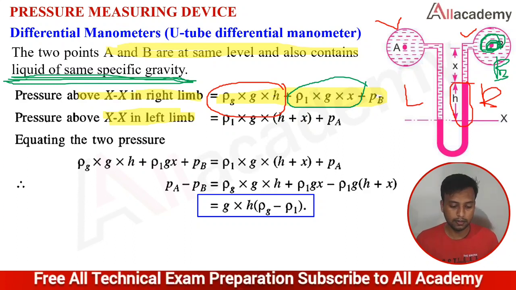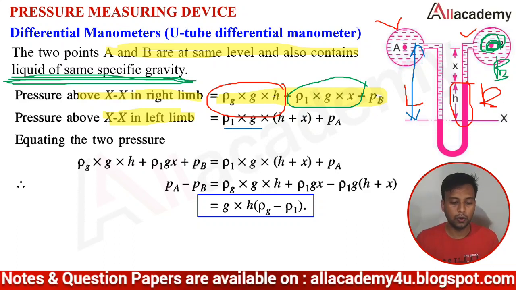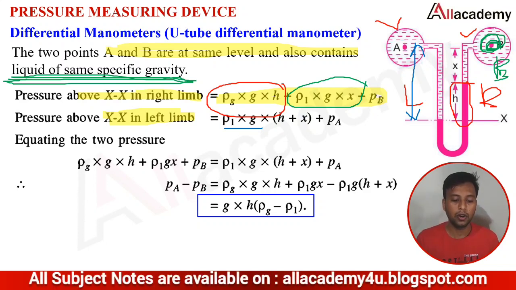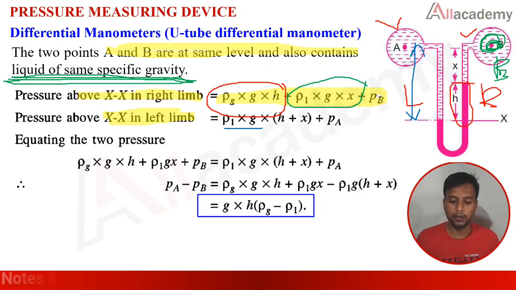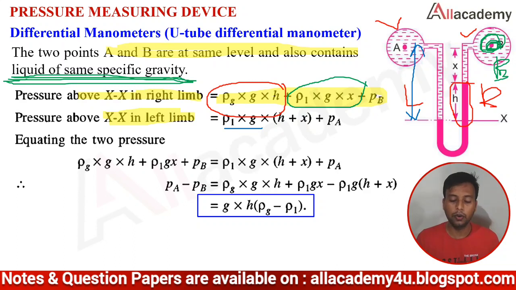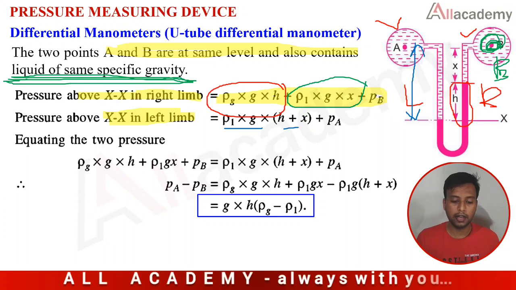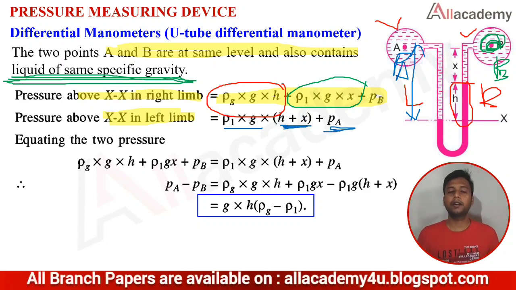So the height is, so height is from this point to this height we need to consider. Okay, so rho into g. Rho 1 is common because on both sides we have the same liquid of the same specific gravity. So rho 1 g. Now this is the height on the same side. So x I know and h is known. If I add both, I will get to point A. So that is h plus x. Here you can see this h plus x, and this is PA. So this is PA, we have to take it.